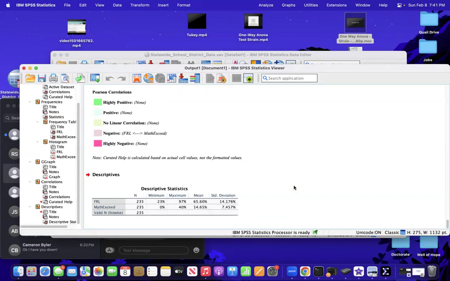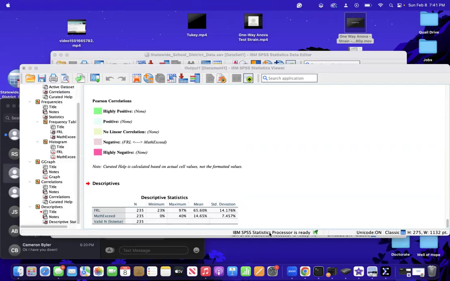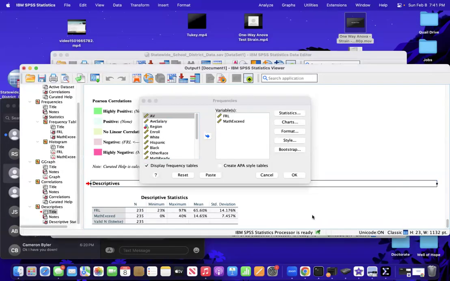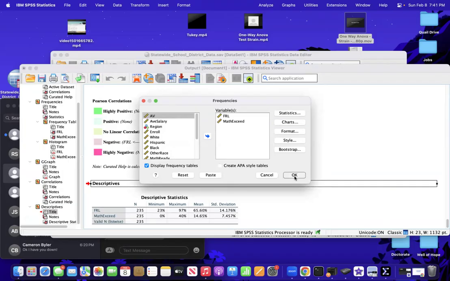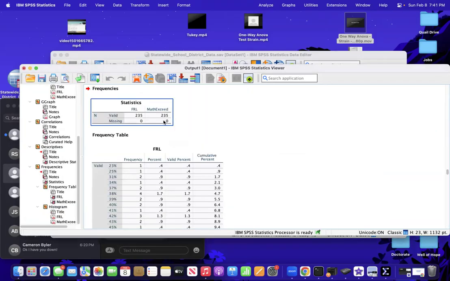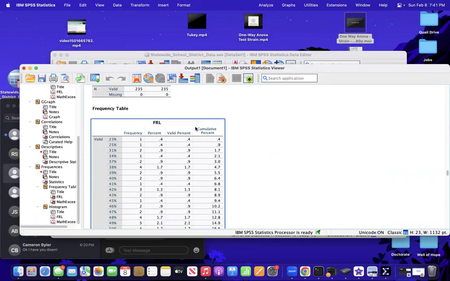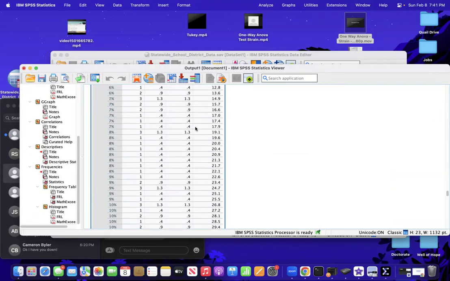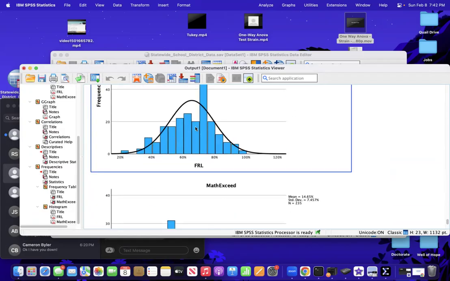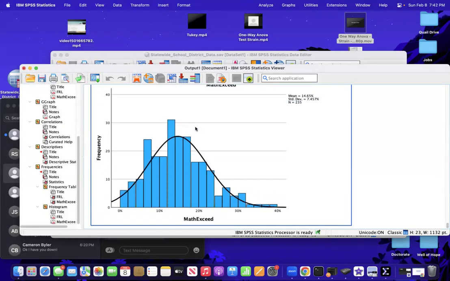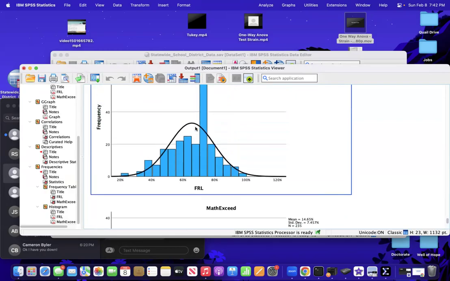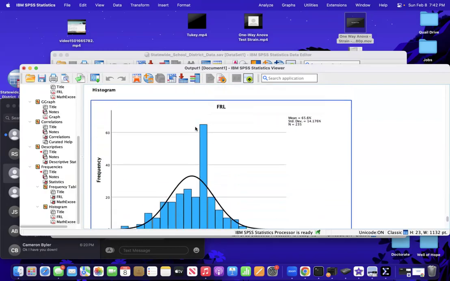Then we're going to go over here to Charts. And we're going to make sure Histogram is checked, as well as Show normal curve on histogram, and click Continue and click OK. So it does give us that we have 235 valid entries. Then we're going to take a look at the actual histograms for frequency for free and reduced lunch and frequency for math exceed. And those both look to be really nice bell curve rounded